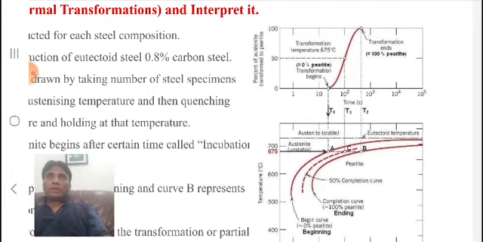And around 600 degrees centigrade what we get is troostite. At 600 degrees centigrade we get troostite, at 650 degrees centigrade we get sorbite, and